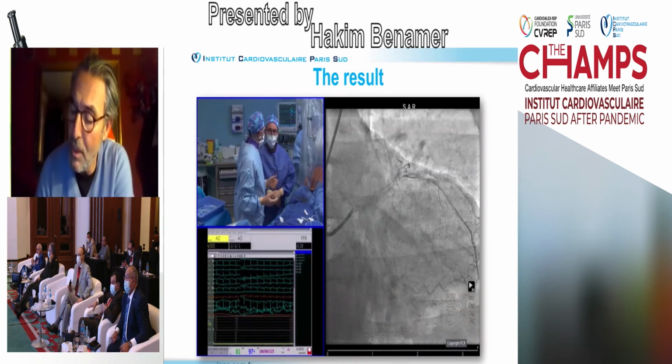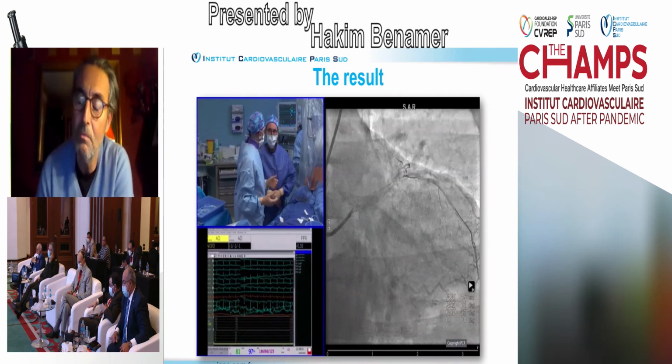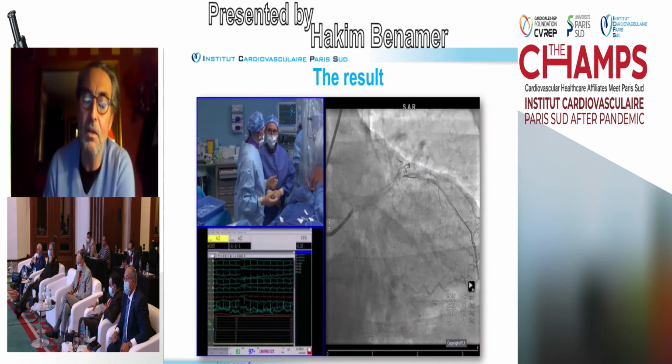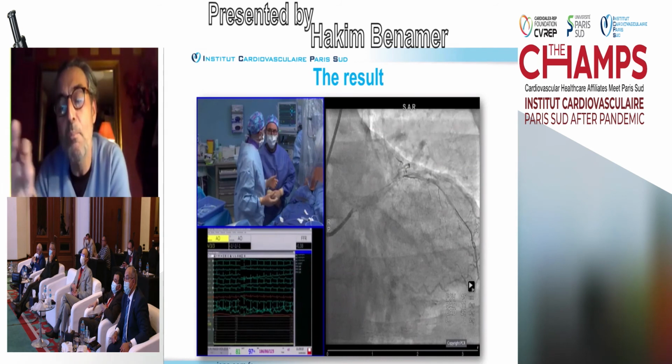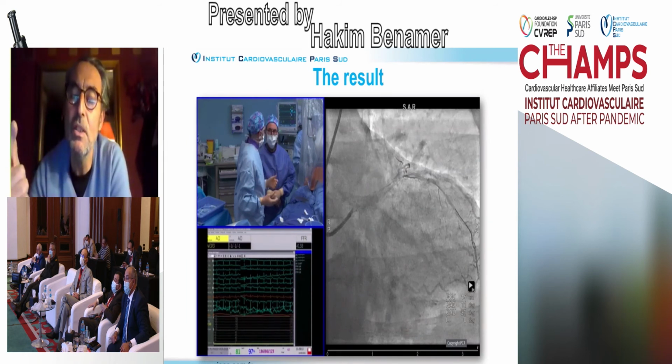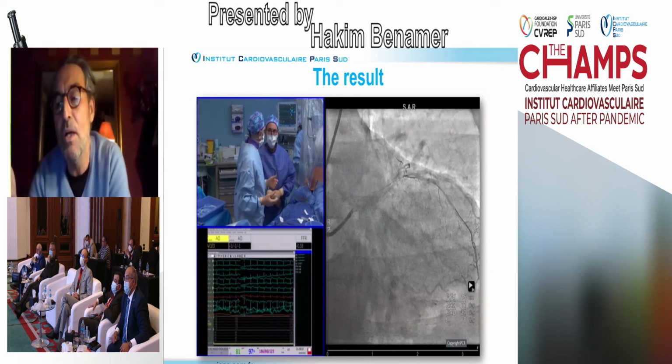You must do another POT, because sometimes when you make another POT with high pressure, you can have a small opening of the side branch, and then you can cross inside. So remake a POT, change the wire to recross. Sometimes with a Gaia wire or other wires, you can recross